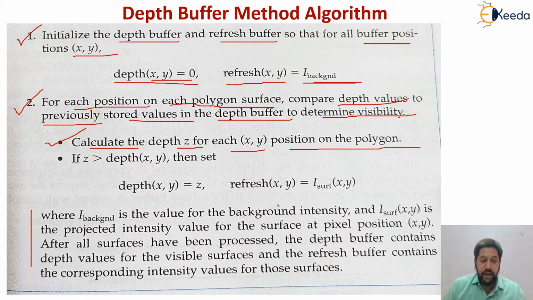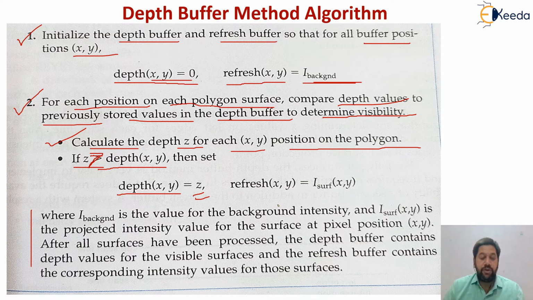Then we have to check: if the z value I have calculated for my surface or polygon is greater than depth x comma y, which is stored, then my new depth x comma y is equal to z. Otherwise it will not be changed. So if the polygon I'm processing has a z value greater than the depth x comma y already stored,